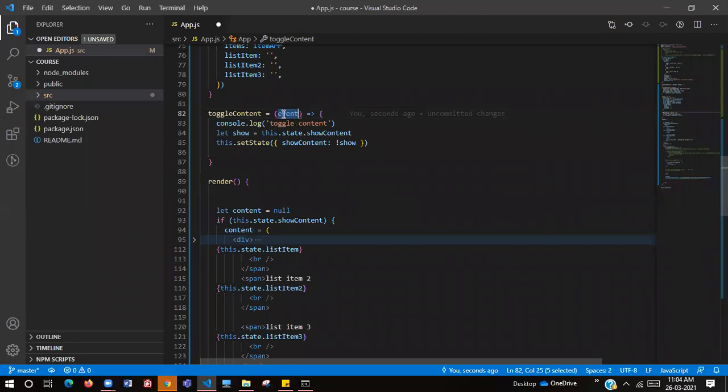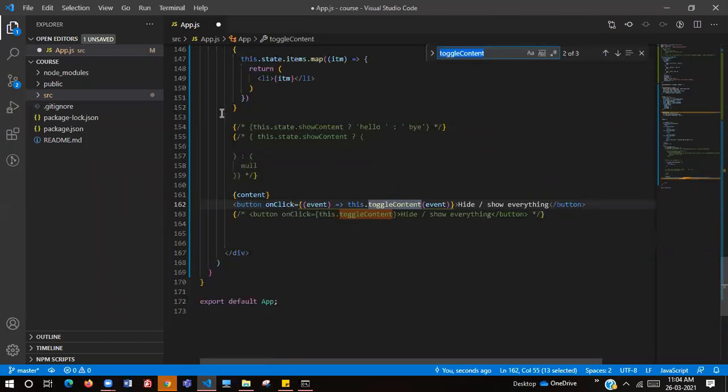Yes, if you are declaring toggle content, then only we can do it like this. We have already declared this toggle content at the top, right? And now I want to pass this event parameter to this toggle content function. Yes, the way you did it is right. So this is how we pass a parameter to this function.